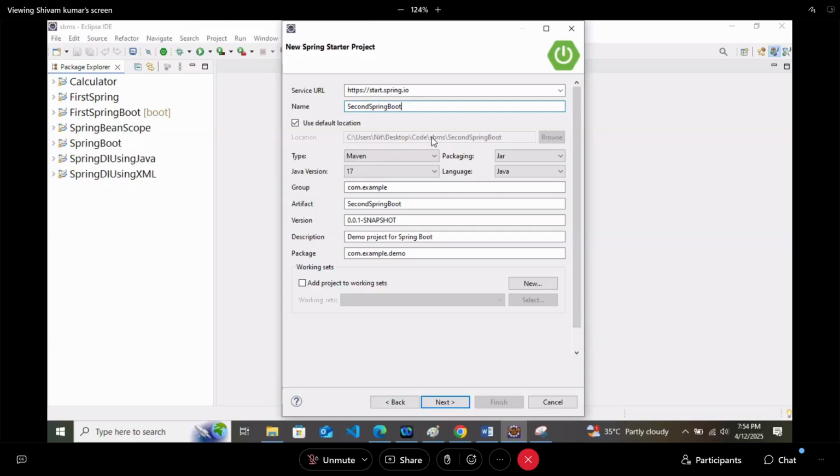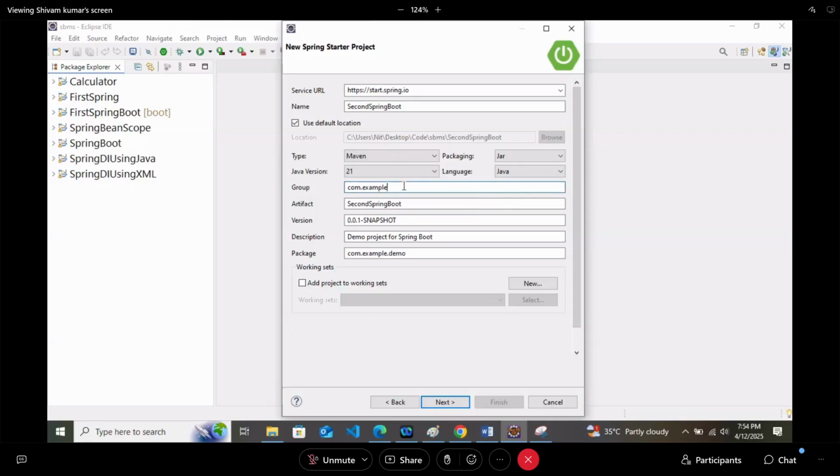Fine. Project type, which one were we using last time? Maven. So this time also we will go with Maven. Packaging, last time we were using jar, so I will go with jar. Java version, we were using 21, so I will select 21. Language, Java, obviously.